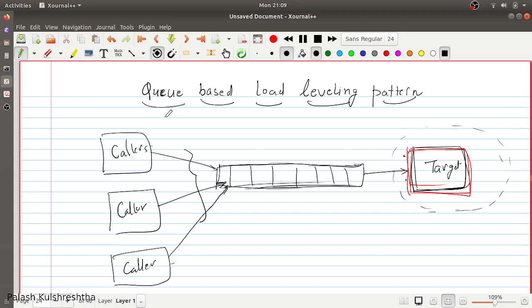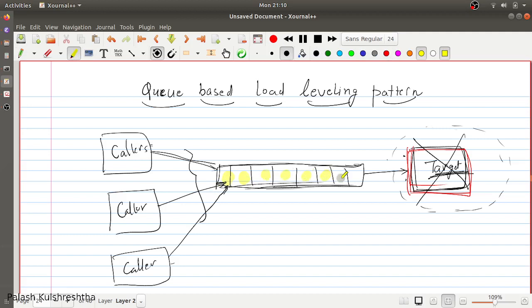It can also help us in another way. For example, if our target system is down for some reason, say it has crashed altogether, and there was a direct coupling between callers and the target system, then callers won't be able to access the target system's functionality, and they will have to handle retry logic at their end. But if the target is using a queue based load leveling pattern, callers are just sending their requests to the queuing system,